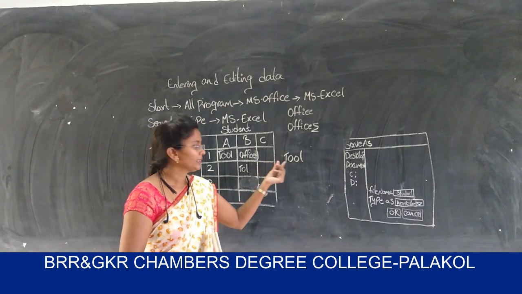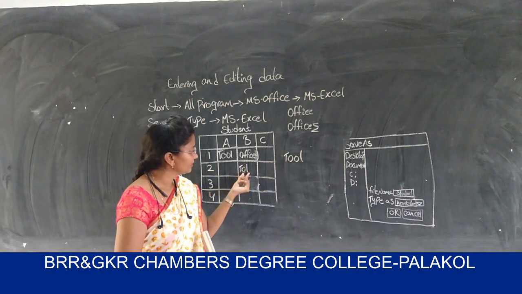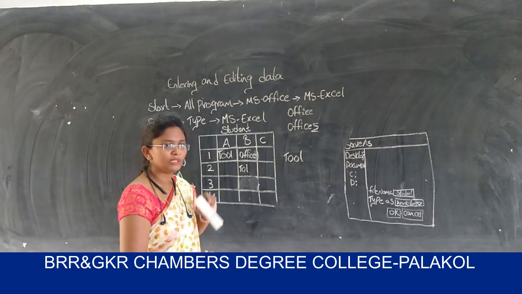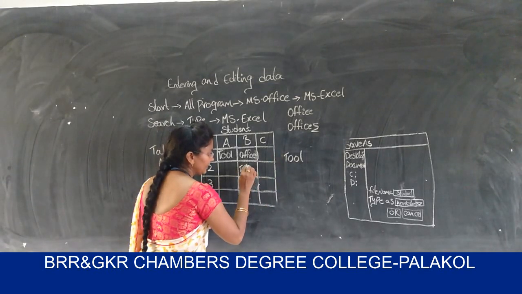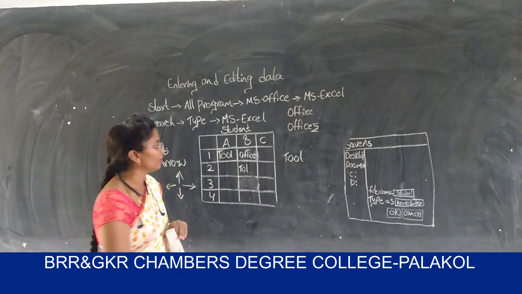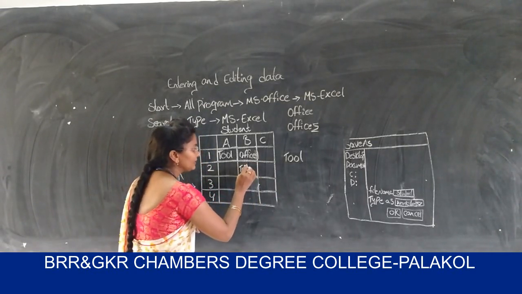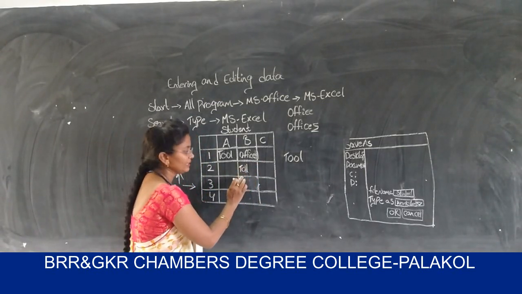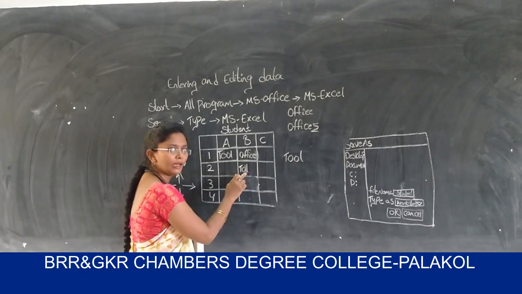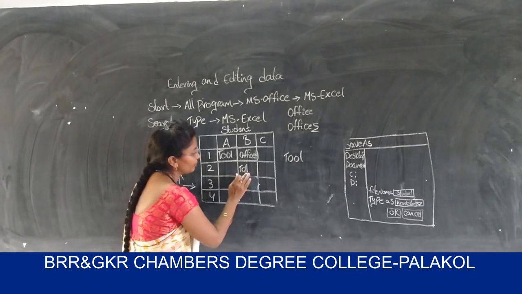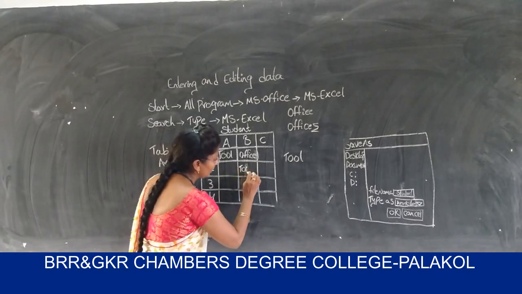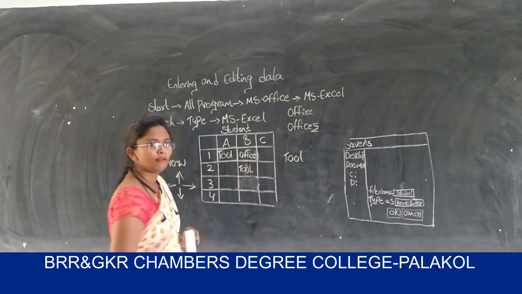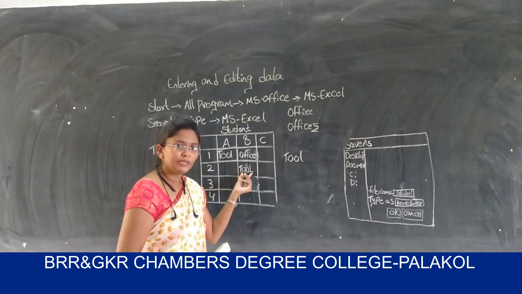If I am missing some letter in the middle, I can write the letter in this Excel sheet very easily. How I can write the letter in the middle means, place the mouse pointer at the middle, wherever you want to add the data, place the cursor there. If you place the cursor, the cursor is blinking in between the O and L. Then you can type the O letter from your keyboard, and in continuation L is already available. And the tool is completed.